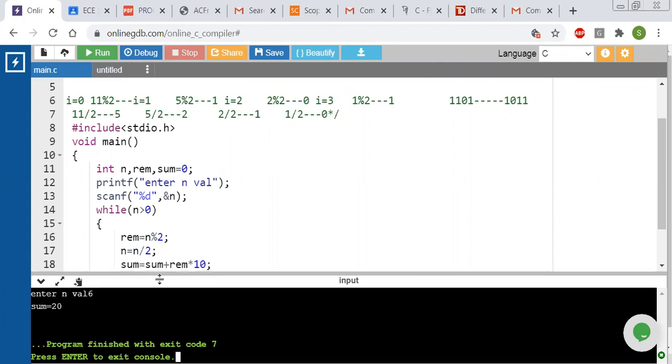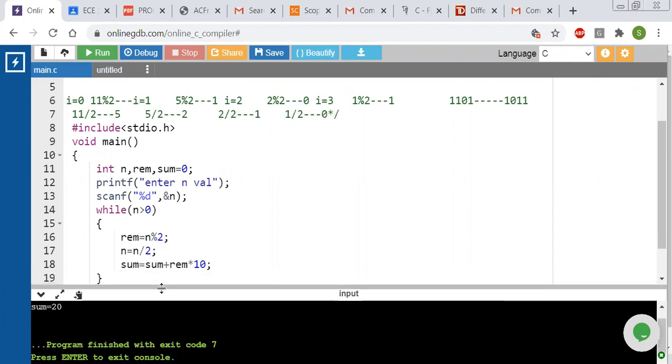Okay. So this is not the correct way. Initially what we are doing is we are getting the remainder 1 into 10. So this is not the way. We cannot do it like this. Remainder into 10 we cannot perform. Try to think how to perform this operation. Each and every time we have to plus the remainder.